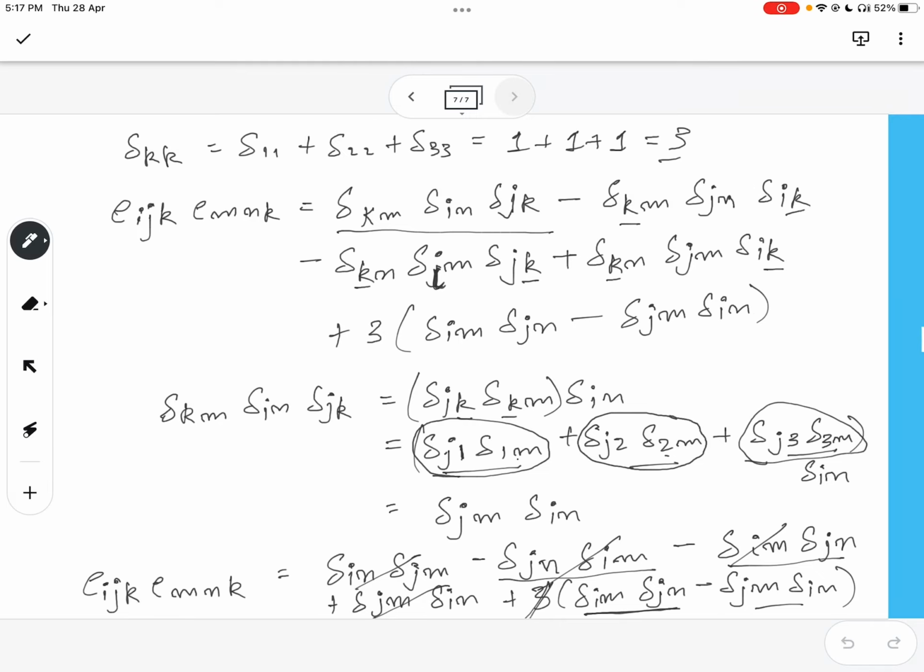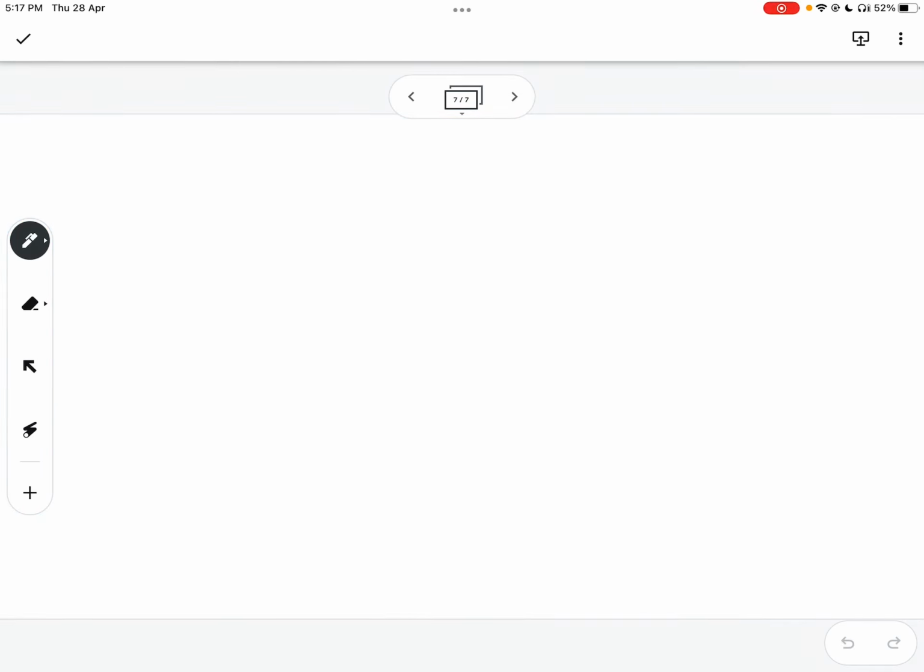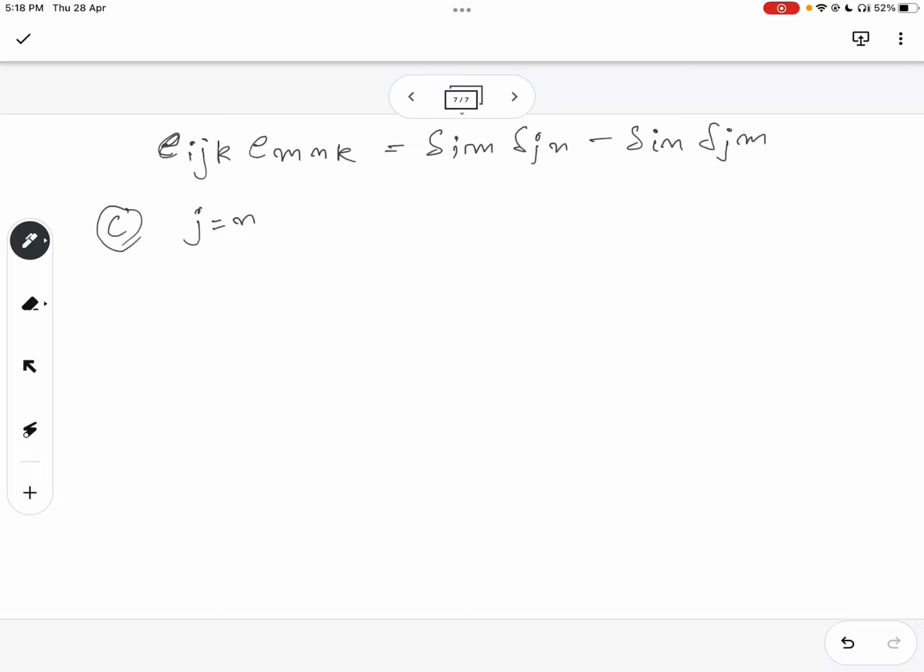So what we are left with is, so this is our second delta identity. The third is when J is also equal to E, that is Eijk